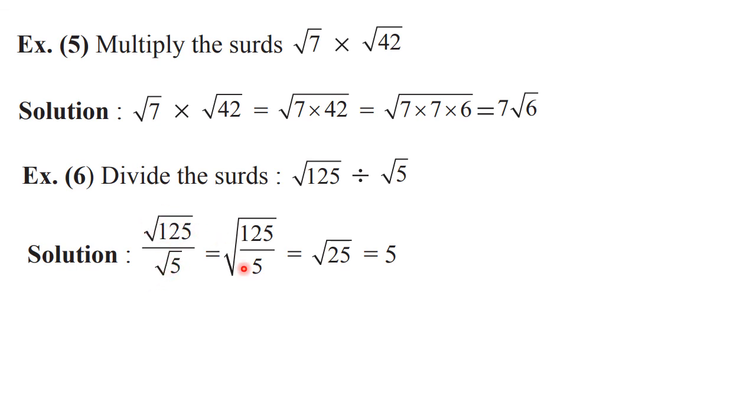Now in the next step, you have to write them under the same sign. Here you cannot cancel. Please take a note that here cancellation is not possible. You cannot divide 125 by 5 at this stage. But here when you are taking under the same sign, you can divide now. 125 when you divide by 5, you are going to get 25. Okay, but under root 25. So here this 25 is a perfect square which we can write as 5.